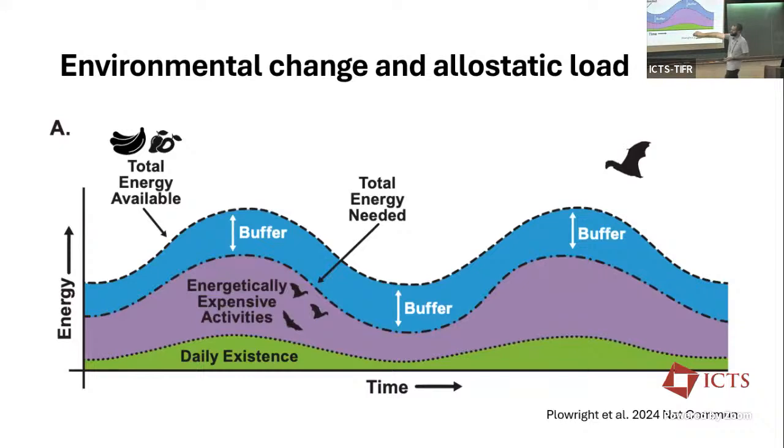So imagine there's this energy budget that an animal has. And this green curve is showing the energy demands that an animal has just to exist daily. So just metabolism, feeding, foraging, any of those things. Those may change over time, right? Like throughout a year, you may be able to get more energy because you can forage more, there's more resources in your environment, and then during periods like winter, there's less available for you in the environment.